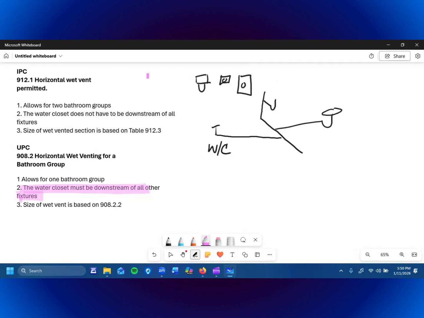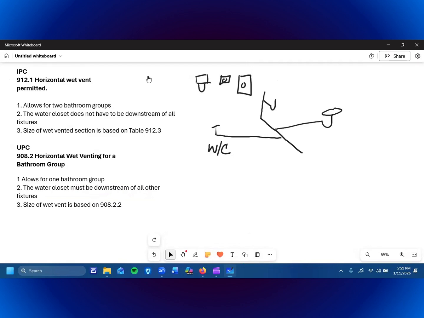It's just better plumbing. Again, if you're in the International Plumbing Code, it's not in the code book. It doesn't tell you that that has to be the case. It doesn't say it. But you talk to any good plumber and they will definitely tell you, you better put everything upstream of the water closet. Okay, in short,